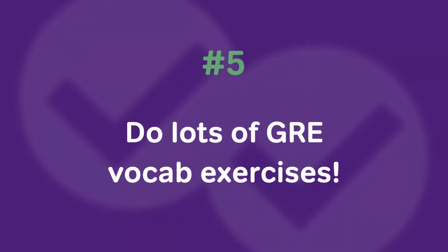Finally, what's my last killer tip? Might sound kind of generic, but do lots of GRE exercises with vocabulary in them, because you're actually using those words. You're not just looking at a word and saying, okay, inscrutable means difficult to interpret, but you're looking at a bunch of words all at once. And so it's like, brain overload. But that struggle you're doing helps you kind of grapple with these different definitions and call them up really quickly.